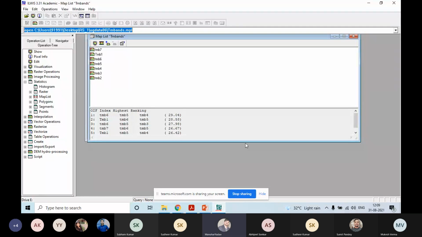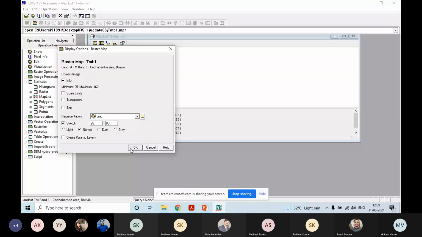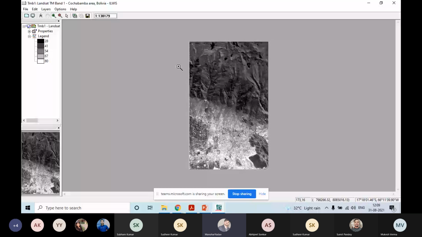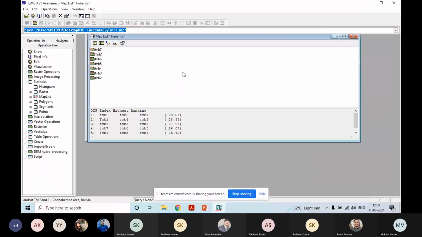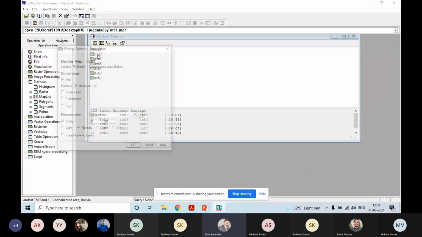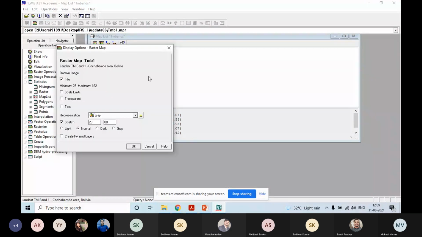Mukesh, just select one band and just visualize the image. Open the image. Let's say TMB1. Select TMB1. Wait. Just go back and just show me the option that is coming. I need to explain that part. Yes. Select TMB1. Wait. Okay. So just see that